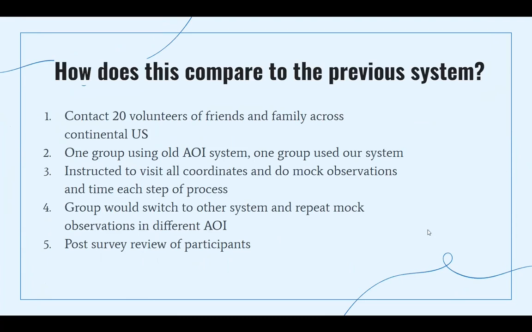Now that we've seen that demo, it's important to compare our system with the previous system. We did that by contacting 20 volunteers across the continental US, and we instructed them to split into 2 groups: one group to use the old AOI system and one group to use our system. Then we instructed them to visit all the coordinates on the AOI and do mock observations and time each step of that process, and then swap to either our system or the old AOI system,